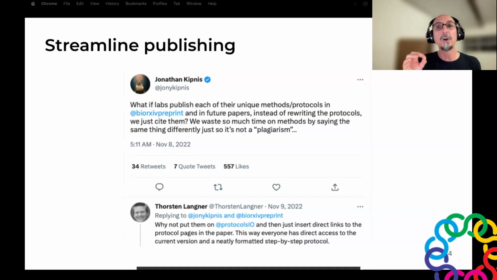We waste so much time on methods by saying the same thing differently. And that is exactly what protocols.io is about. So you can publish your protocols in the open access repository, obtain DOIs, and cite these protocols in your papers over and over again, so you never have to rewrite detailed method sections again.